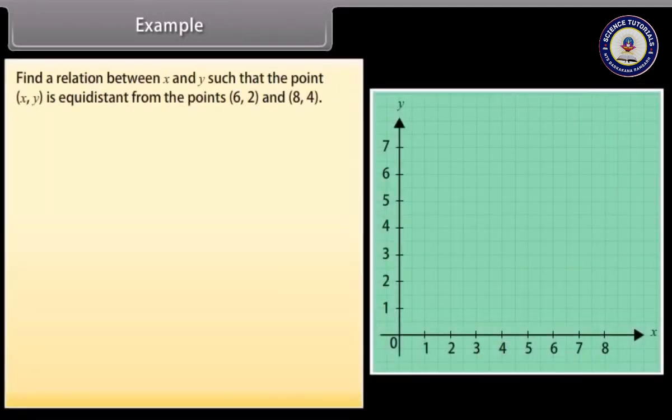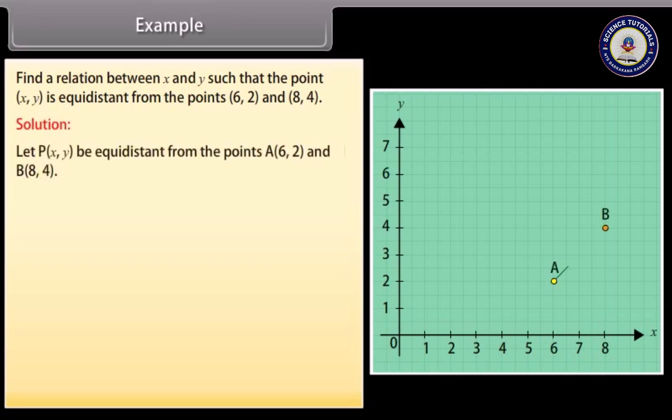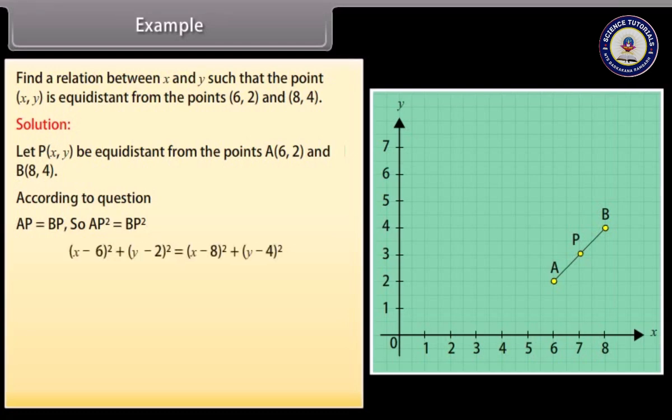Find a relation between x and y such that the point x, y is equidistant from the points 6, 2 and 8, 4. Solution. Let P x, y be equidistant from the points A 6, 2 and B 8, 4. According to question, AP is equal to BP, so AP square is equal to BP square. X minus 6 whole square plus Y minus 2 whole square equals X minus 8 whole square plus Y minus 4 whole square. By calculating it, we get x square plus 36 minus 12x plus y square plus 4 minus